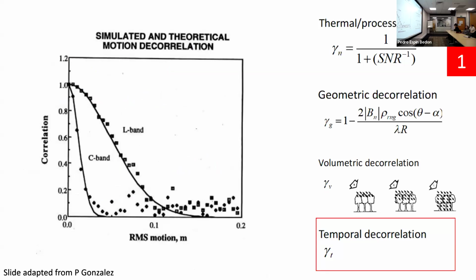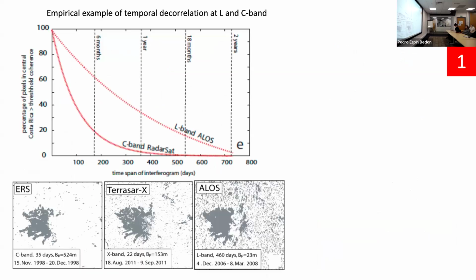So this is a theoretical correlation value you can get at different radar wavelengths, and it essentially gives you an idea of the limitations of NISAR eventually, ALOS at the moment, as compared to Sentinel, and what you can do with L-band that you can't see. I've got an example of this, which actually comes from data from Central America. So it's put together from Costa Rica and Nicaragua. Essentially, the time span of interferograms is comparing RADARSAT, C-band itself, to L-band ALOS.